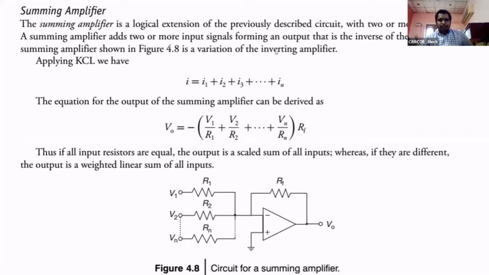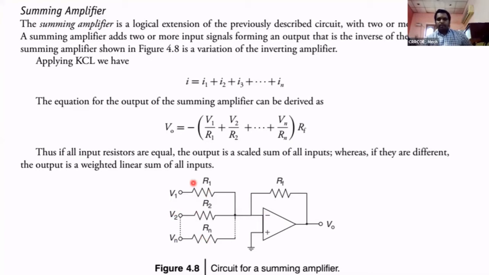Here the input is connected to the negative terminal. What kind of amplifier is this? Inverting type summation amplifier, because the input is connected to negative. Here we have different inputs, V1, V2, V3, so on, Vn. How many you sum, 2, 3, 4 or 5 voltages, depends on your requirement. You give the input terminals accordingly. We have n terminals and n input resistances.